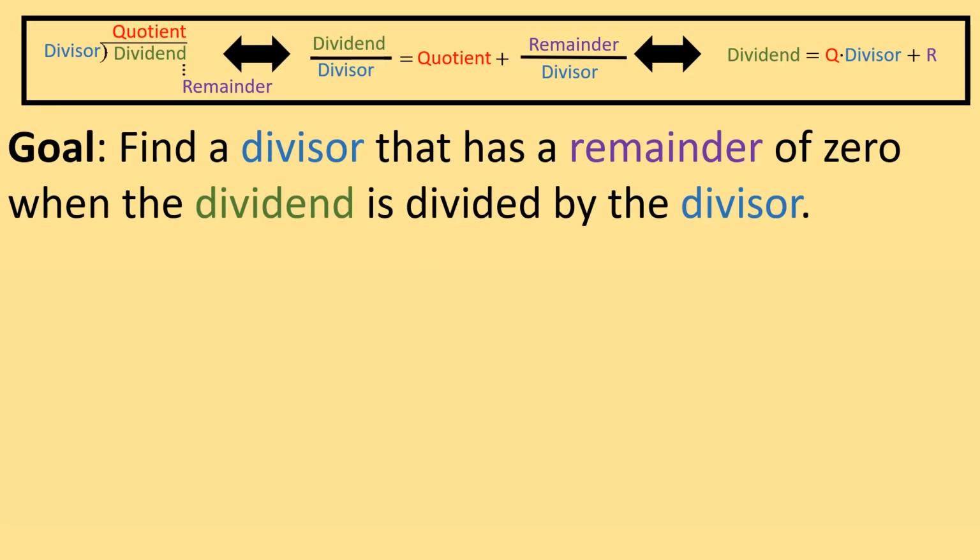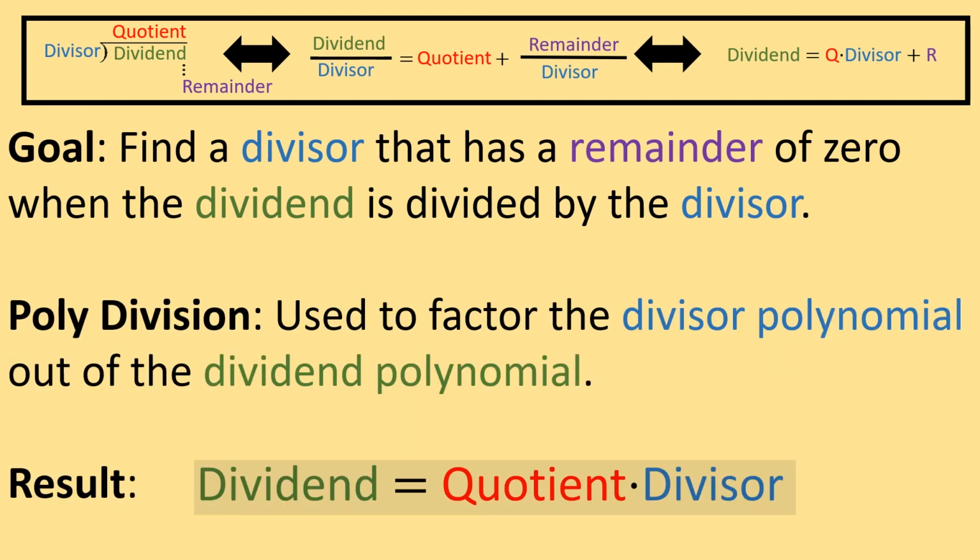So that kind of brings me to, well, what is the goal of this process? Well, the goal of this process is that we want to find divisors, or divisor polynomials, so that the remainder is 0. This will allow us to rewrite that dividend polynomial as the product of two polynomials that have smaller degrees. And then what we would do is, within those polynomials of less degree, we would continue the process until we could factor it completely.